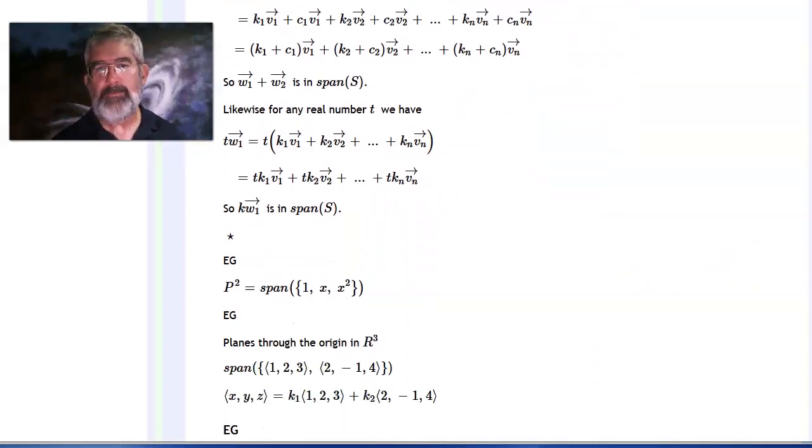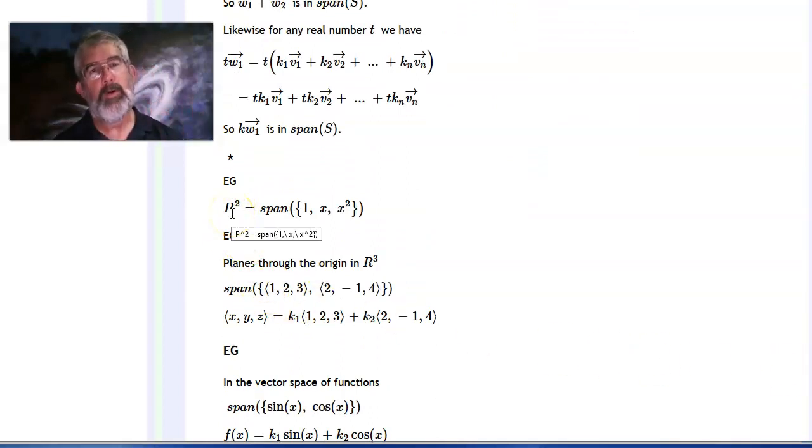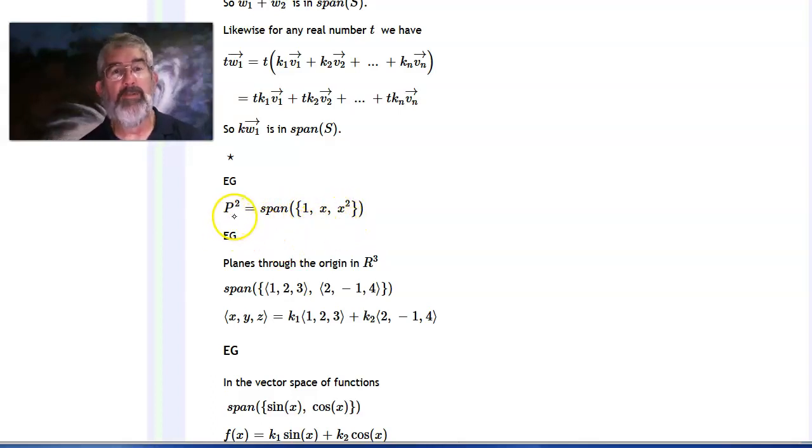Here's an example. I'm in the subspace P2, so this is polynomials of degree 2 or less. Right? And I'm just claiming that the span of 1, x, and x squared is actually all of P2, right? Take any second degree polynomial you want, so 3 plus 2x plus 5x squared. So it would be 3 times 1 plus 2 times x plus 5 times x squared. You've got a linear combination of 1, x, and x squared